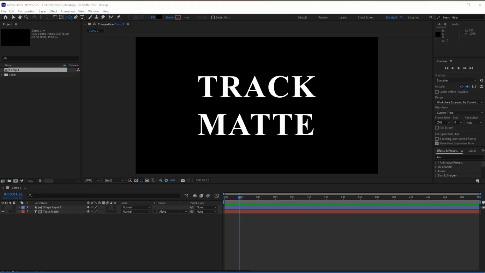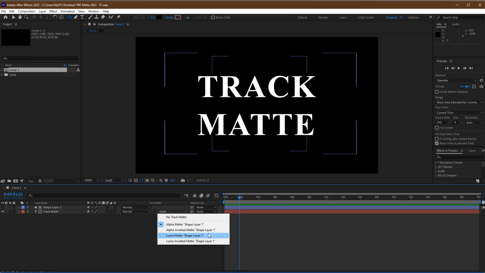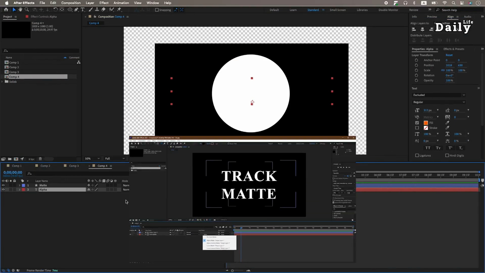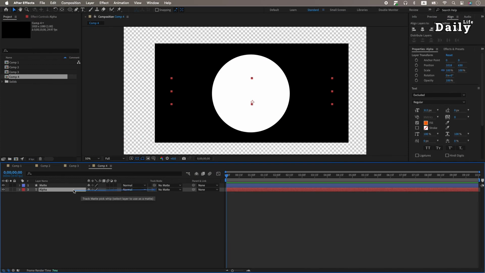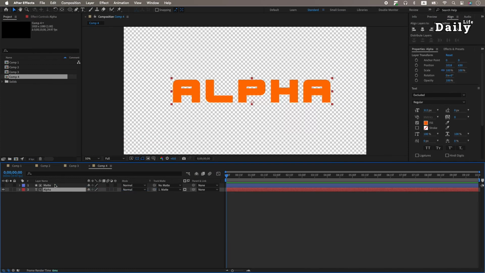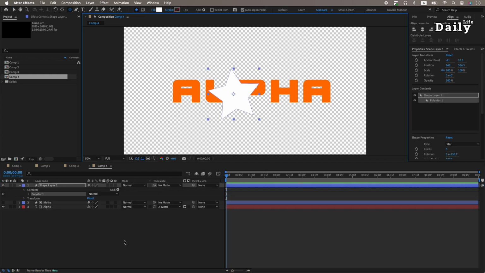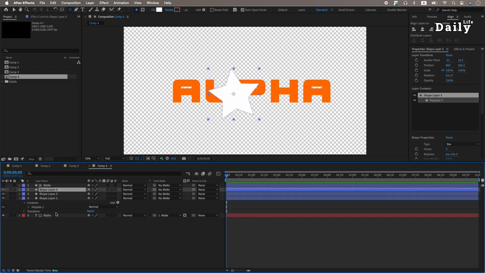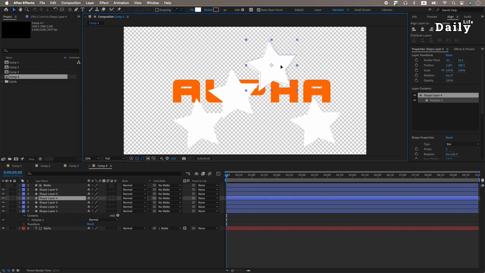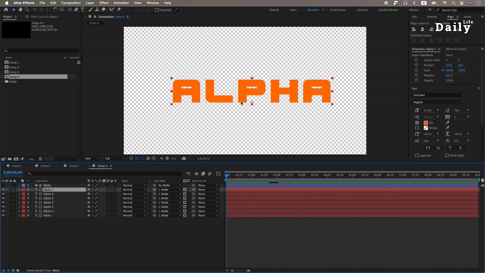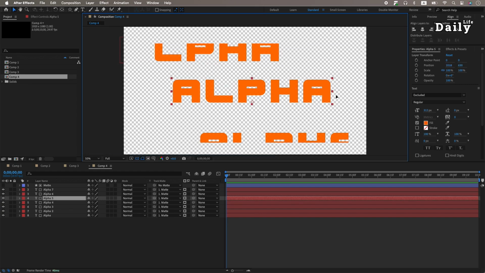In the previous versions, you had to place the text under the matte layer and select alpha matte from the track matte part. In the previous versions, each layer needed its matte layer separately. But recently, there is just a link. All you have to do is link between the matte and the alpha or luma layers. So, you can put several layers between the alpha or luma layers and the matte layer. You can even use one matte layer for several alpha or luma layers.